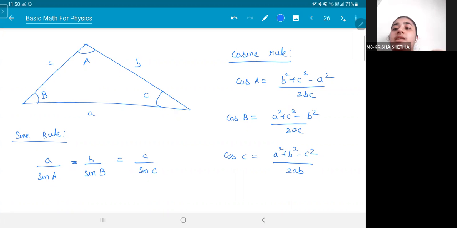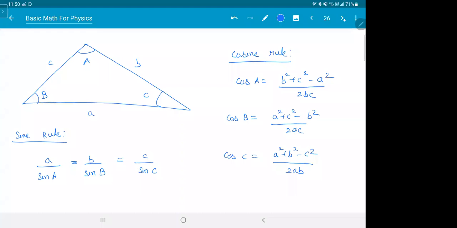So, sir, this cosine rule we need to remember as it is. It is actually easy to remember. See, when you take cos A, the other two sides will come, and the other one will come here. In the denominator, A won't come. So you can kind of mug up like that. Basically, whichever angle you take, that opposite side will be minus and that won't come in the denominator. So you have to remember this thing in that way.